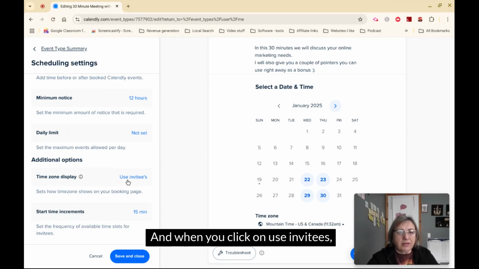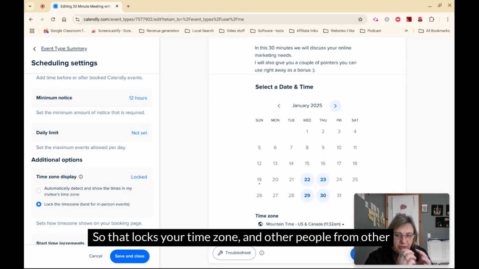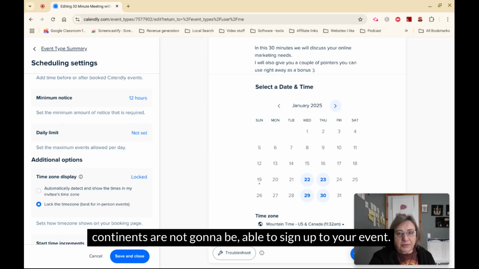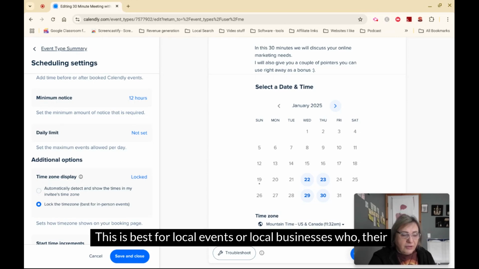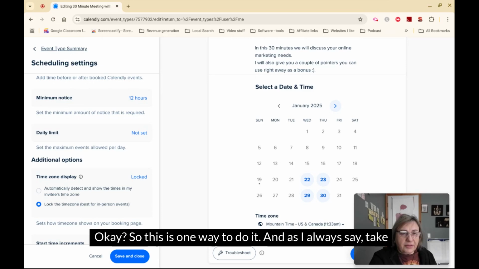And when you click on use invitees, then click on lock the time zone. So that locks your time zone, and other people from other continents are not gonna be able to sign up to your event. This is best for local events or local businesses whose events are for local prospects, okay? So this is one way to do it, and as I always say,